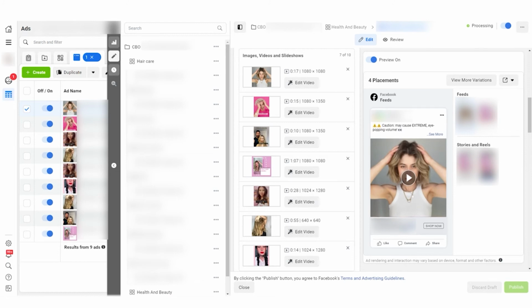I hope it helps. At least this is how I solved this error for me, and I published my campaigns. By the way, after I published my campaign, I added the ad variation and the creative that was having the issue, and it published. So I think that this is a glitch, and it has nothing to do with your creative being bad or having a problem. And this is the way to actually overcome it.